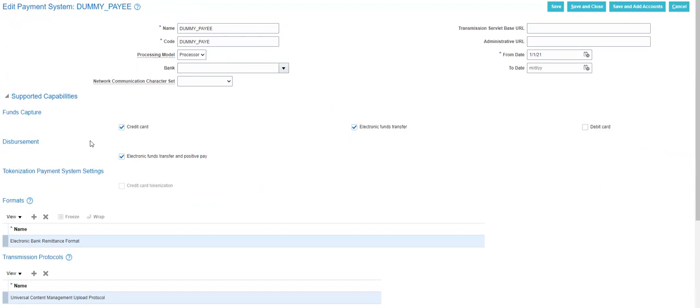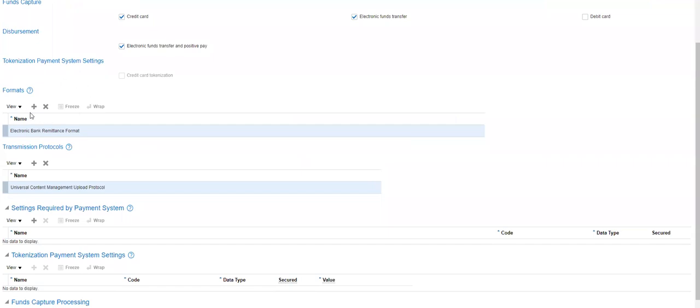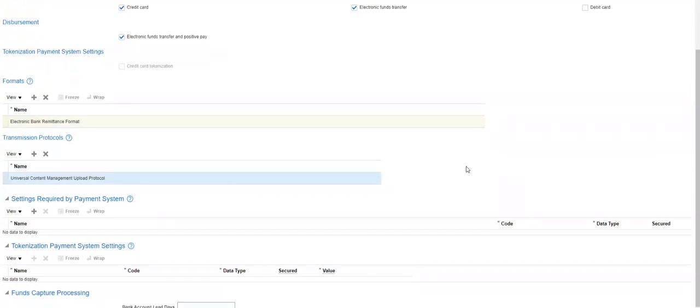For automatic receipt, however, if it's a bank account transfer kind of thing, we have to enable the electronic fund transfer. Here we attach what format of the payment file and what kind of transmission will be done. So we attach the transmission type as UCM transmission. That means it's an offline transmission.